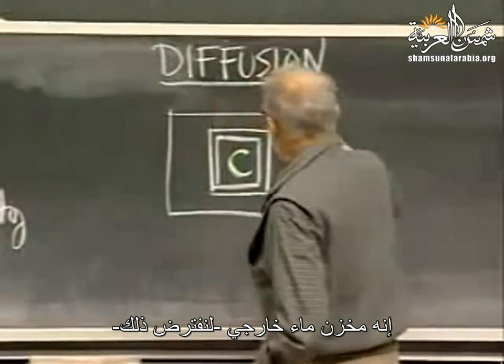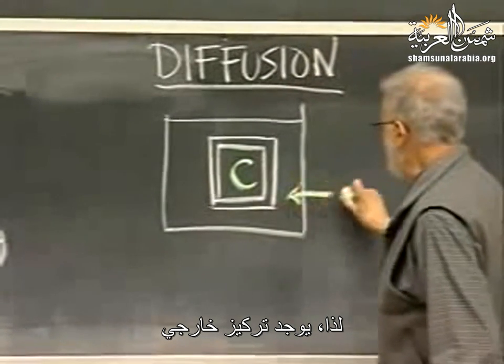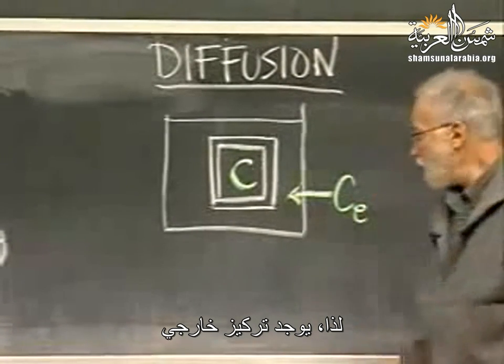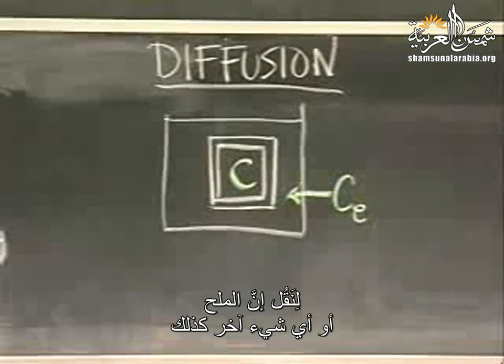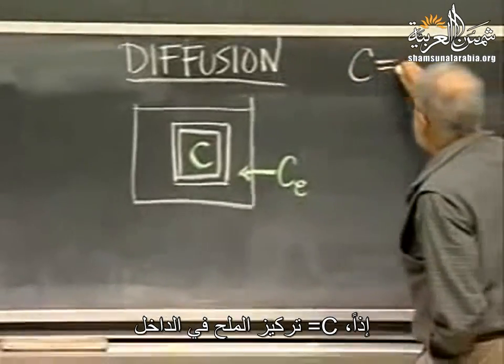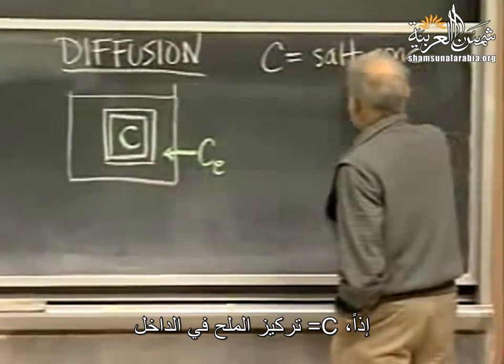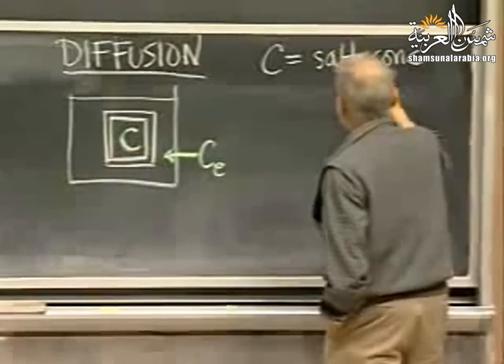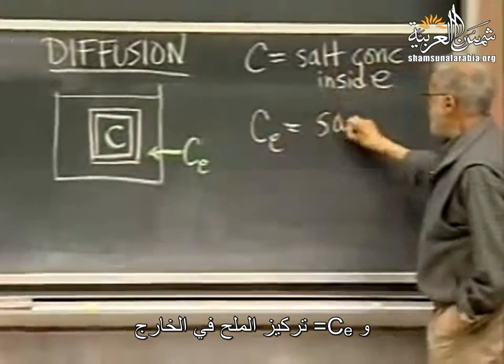It's in an external water bath, let's say. So there's an external concentration. And what I'm talking about is some chemical, let's say salt will do as well as anything. So C is equal to salt concentration inside, and CE would be the salt concentration outside